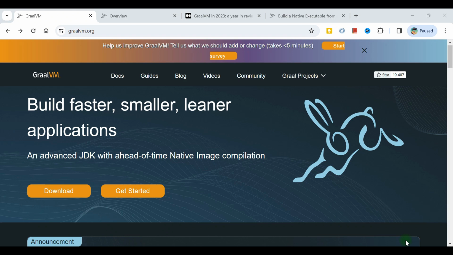GraalVM. It says build faster, smaller, leaner applications. An advanced JDK with ahead of time image compilation. So if it is Java, Python, JavaScript, or any other language, when we are building it, how much time it takes in the build, how much memory it is taking, in a word, how efficient every step,